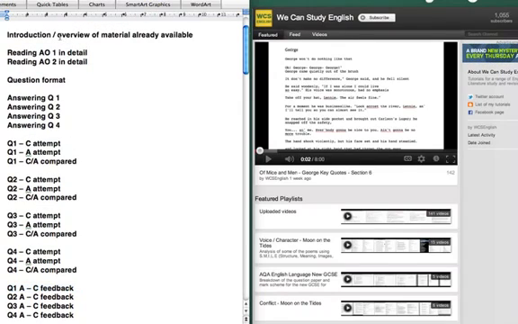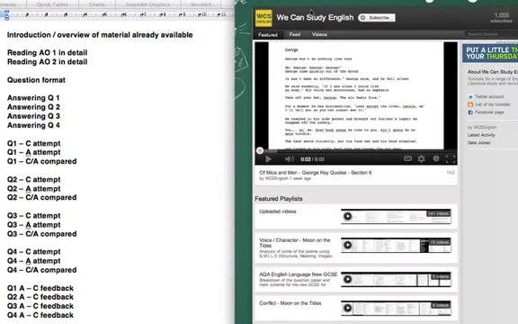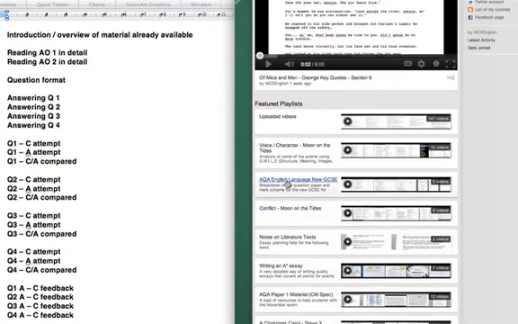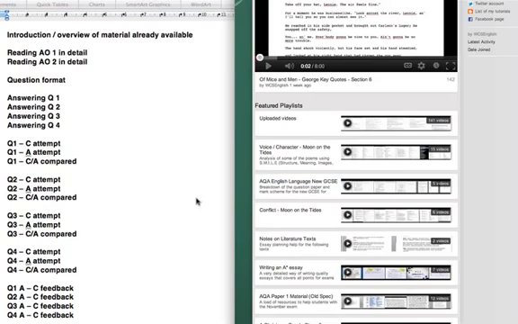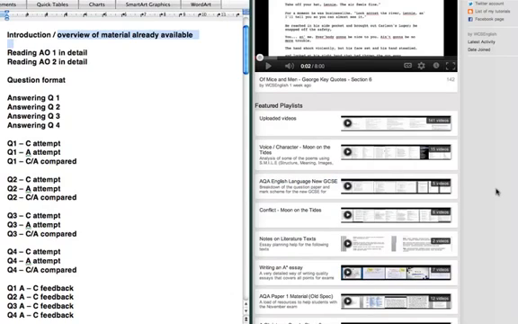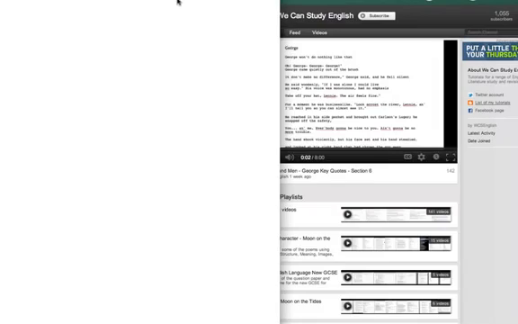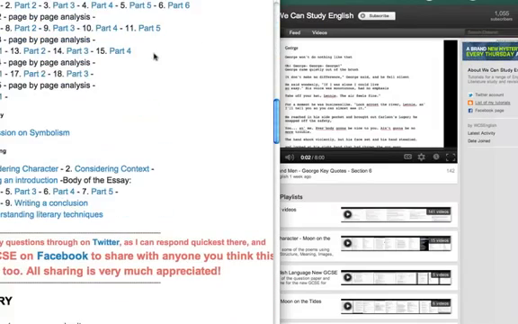The last thing I want to do on this one is give you an overview of materials already available. If you go to our page here, We Can Study English, please subscribe if you haven't already. If you just scroll down here, there are 2 places where you can get the information on the new GCSE. In the playlists, I've already put 5 videos up that talk quite briefly and quickly about the mark schemes, etc. Very good information, but this is going to be a hell of a lot more detailed. Like I say, it will be similar to how I would go about it in a lesson. And if you click over here on the list of my tutorials, at the bottom you'll find